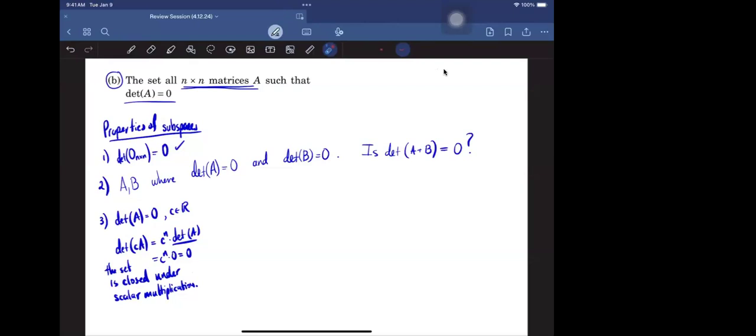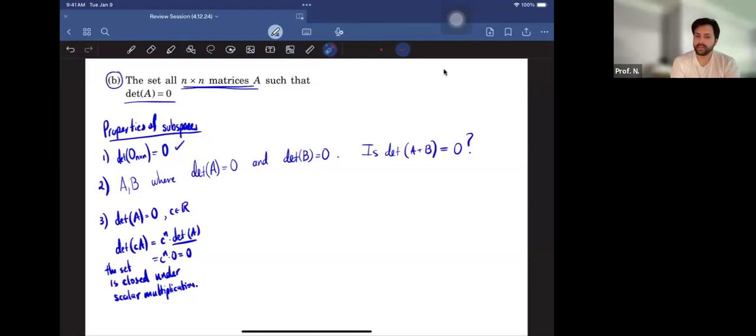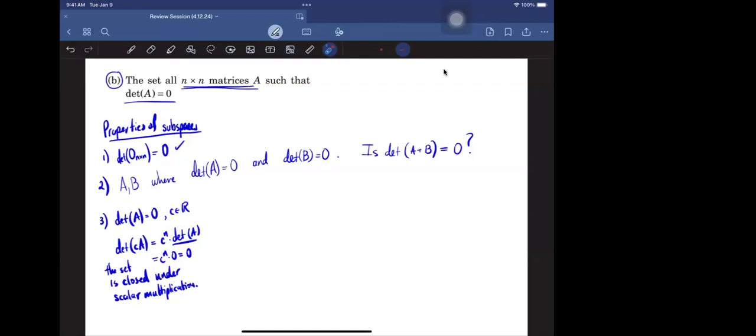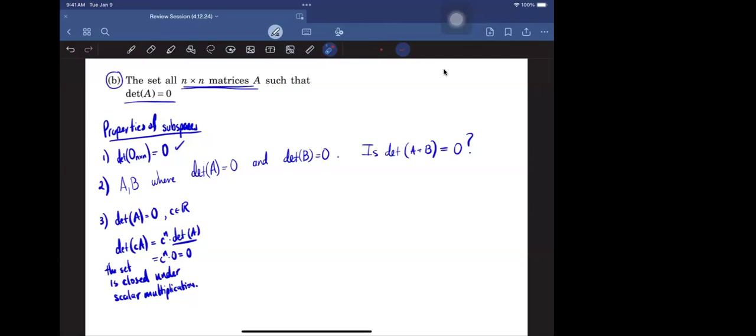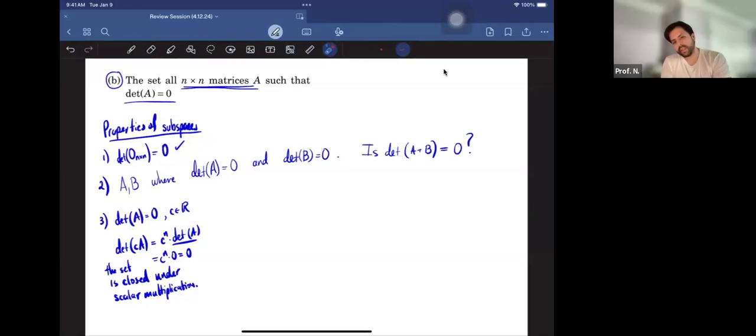If A has two identical rows and B has one zeros row, if we add them together, um, if you add them together, then what? Then